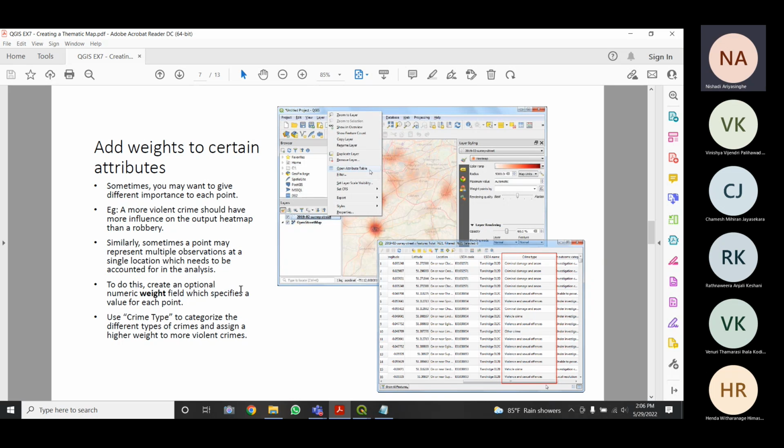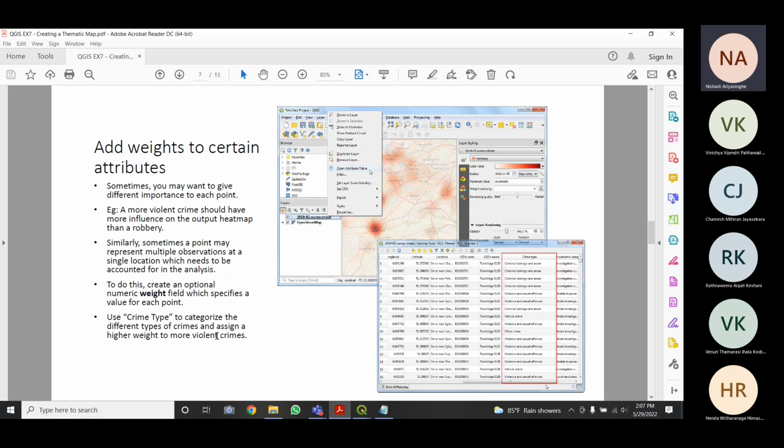Right? So in order to increase the influence of a particular point, we have an option called numeric weight field, right? So we are adding a new field or a new column to this attribute table, which specifies a value for each point.